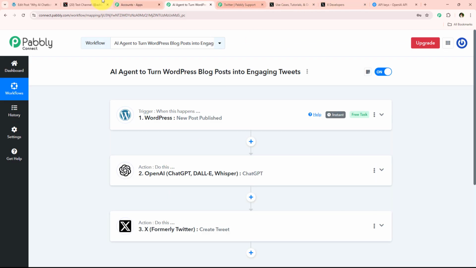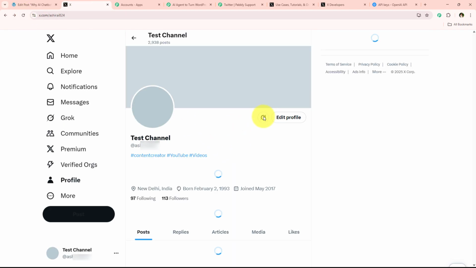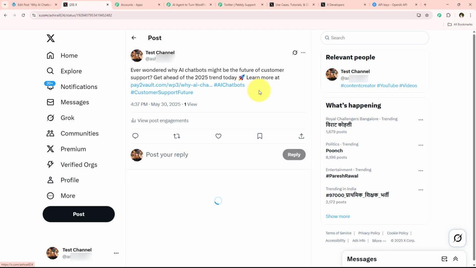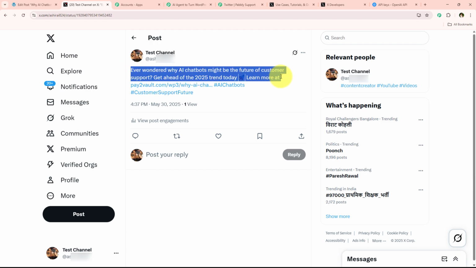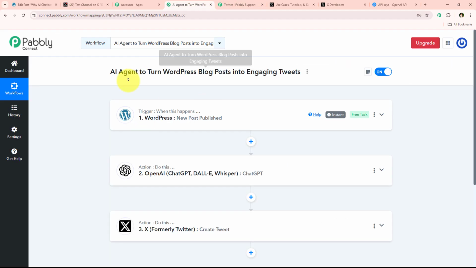So I'm just going to open my Twitter account and check for the new tweet posted. For that I'm just going to refresh it right from here, and as you can see a new tweet has been posted on my Twitter account, and over here in this tweet you can see the same hashtags. Over here you can see the post link, and also you can see the same tweet which my AI agent generated. So yes, with this we have successfully completed this workflow, and now what is going to happen is that